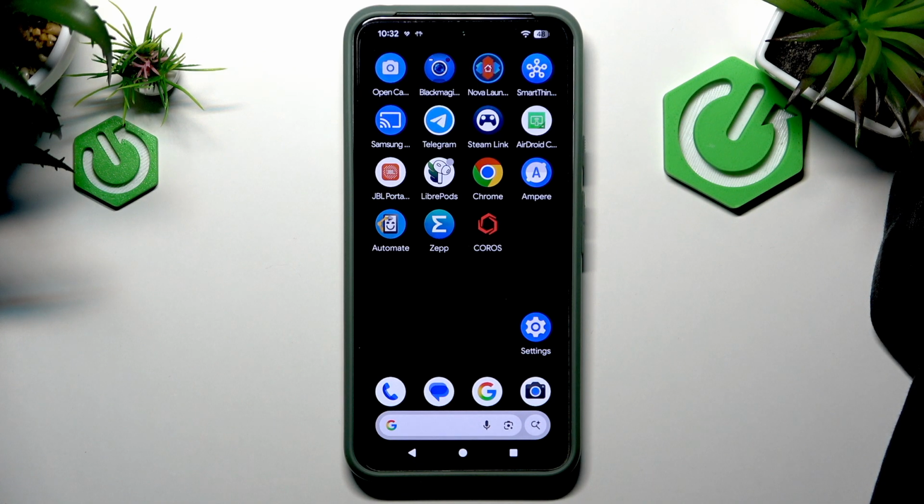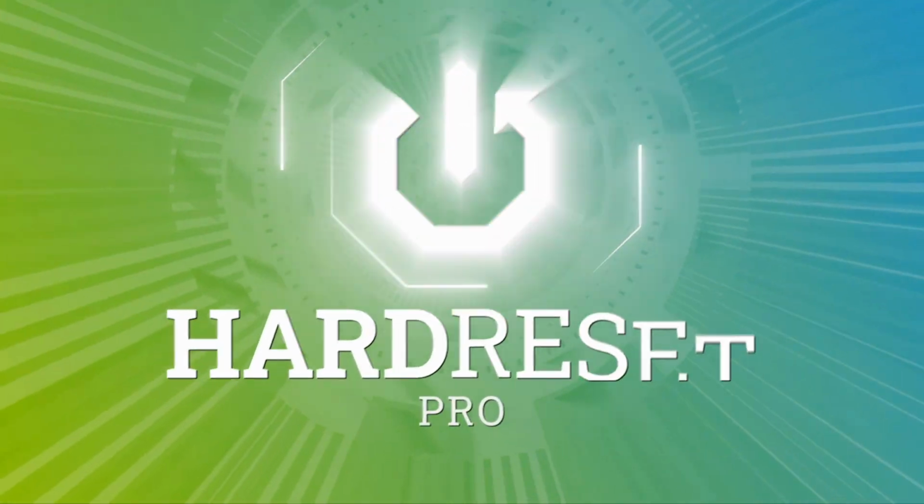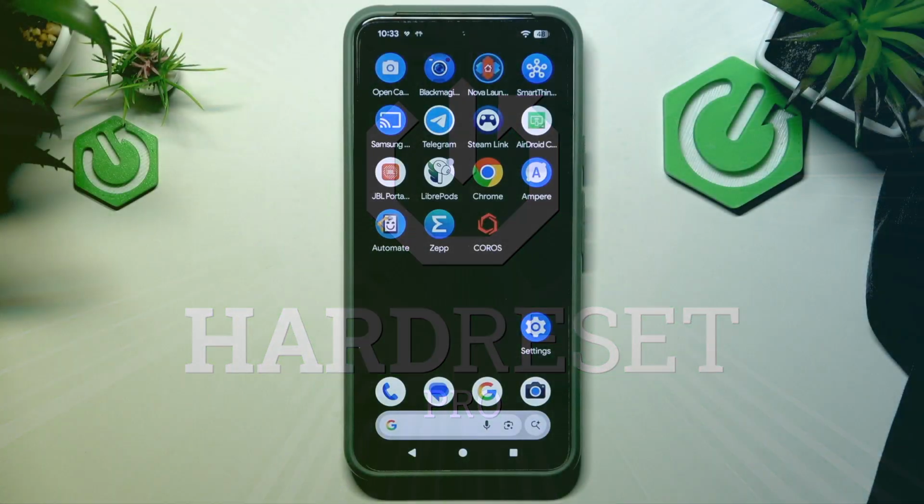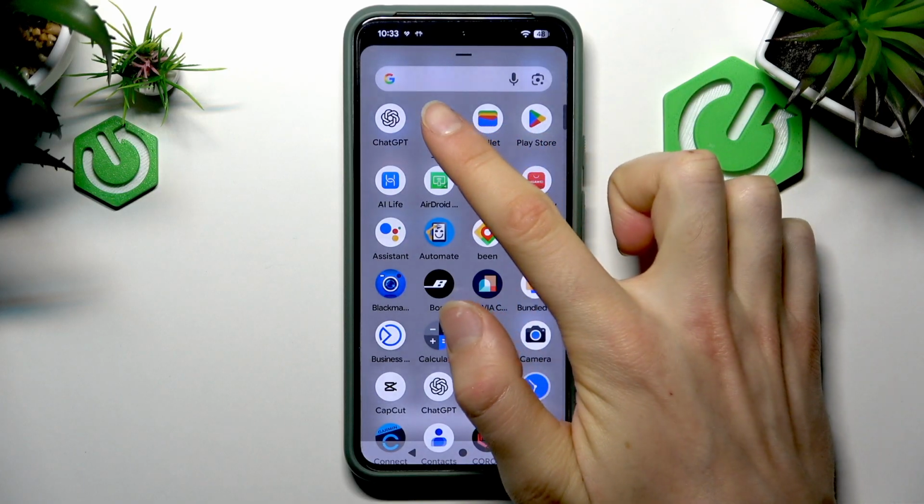Today I'm gonna show you how to empty trash on Google Pixel 8. So basically, if you deleted some files recently and you want to delete them permanently, I'll show you how to do it. So open up your files,